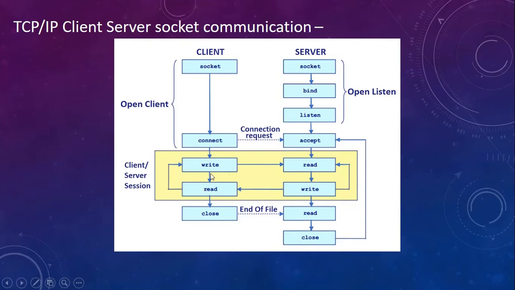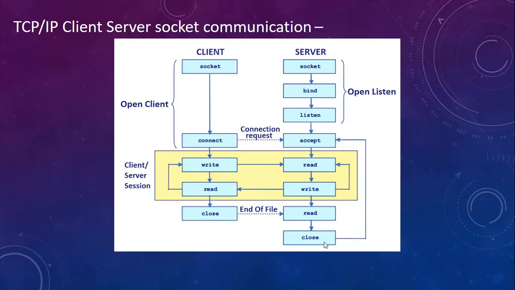Now once read write is over, a client can call the close method because this means that there is nothing more I have to send to the server. Once the close method is invoked by the client, it is nothing but end of the file which has reached. So when the server reads this end of the file, it knows that client wants to break the communication, so it closes the communication with the client.